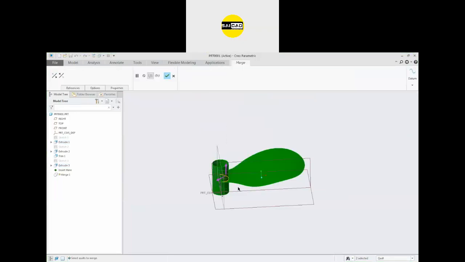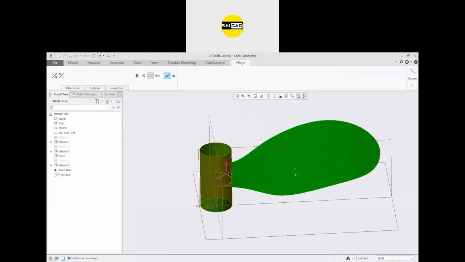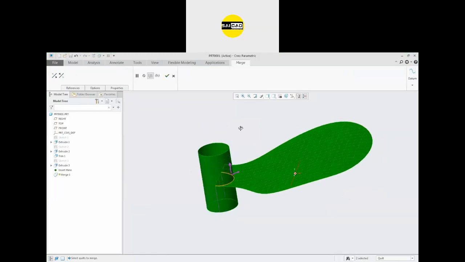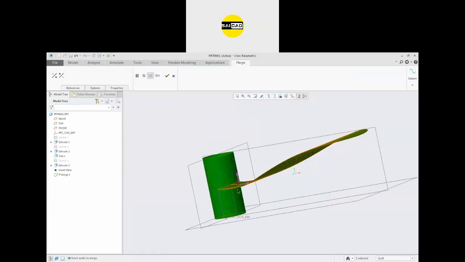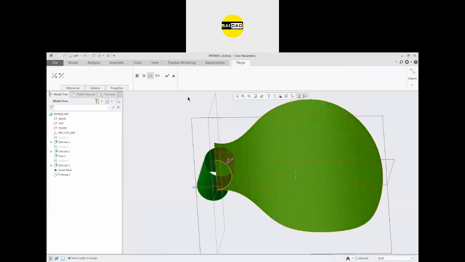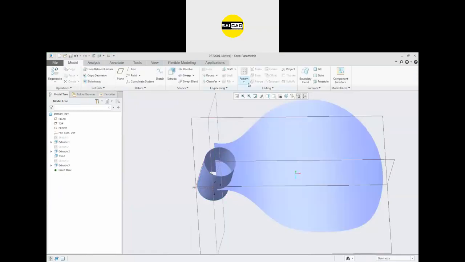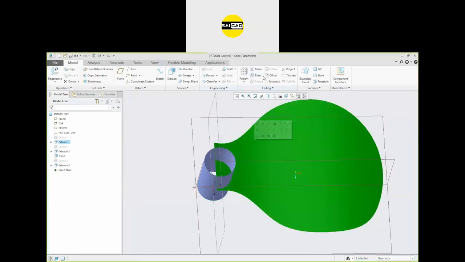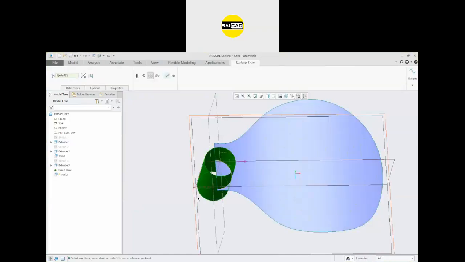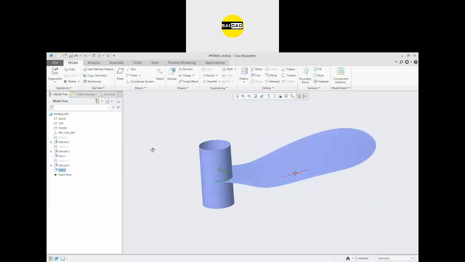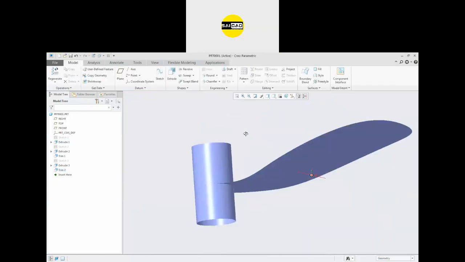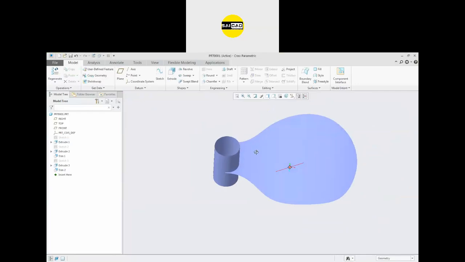And for the merge, there is the option. We need this material and need to trim with this one. Okay, so like that we can have some pins.